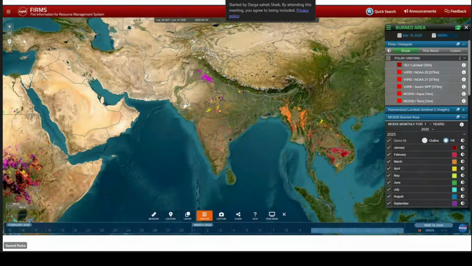The major thing with this website is that you get the fire data from VIIRS or MODIS, which is 375 meter and 1 kilometer. It captures only the large fires, and you will not get the burnt area. For small scale fires, you need to rely on Sentinel and Landsat imagery for more localized studies. So what about India?